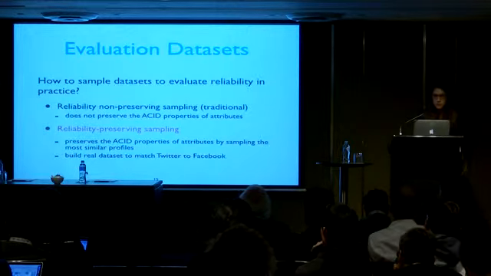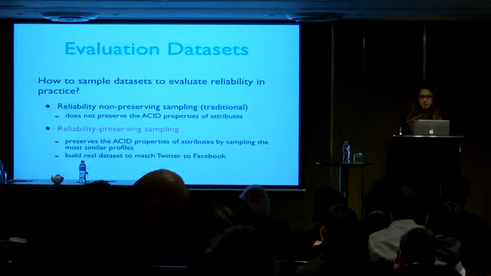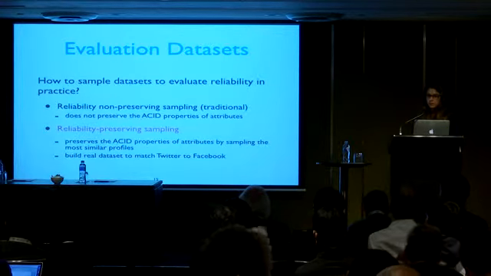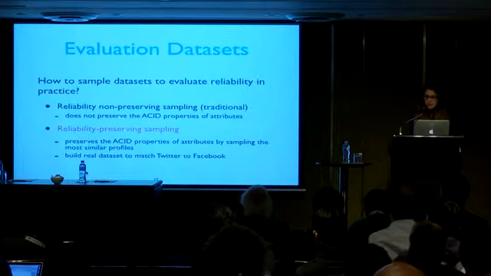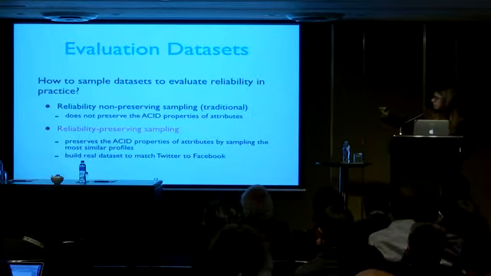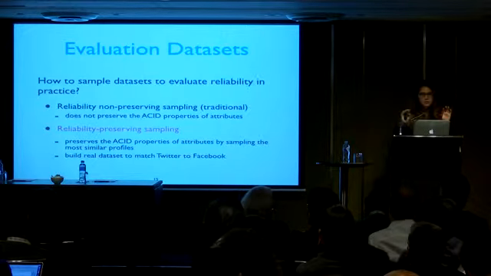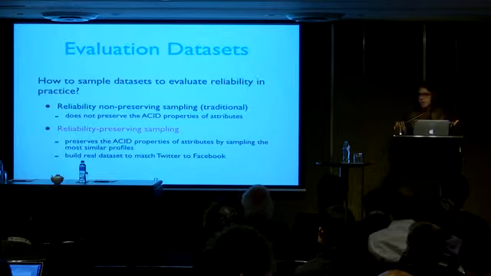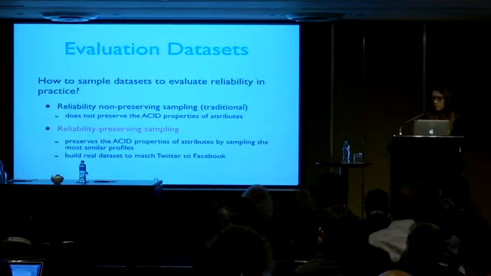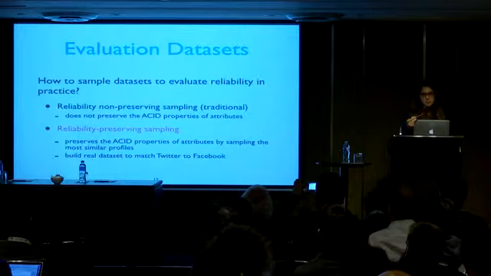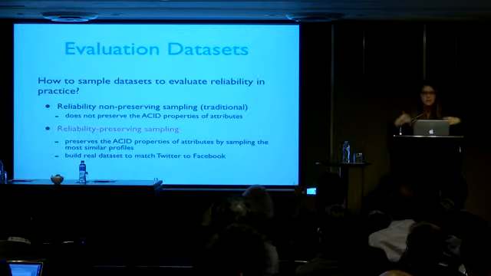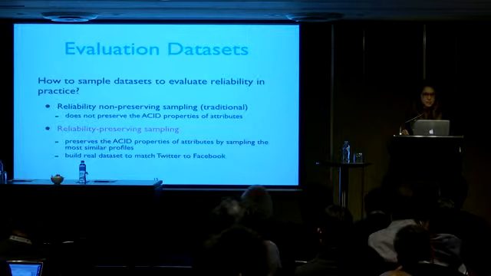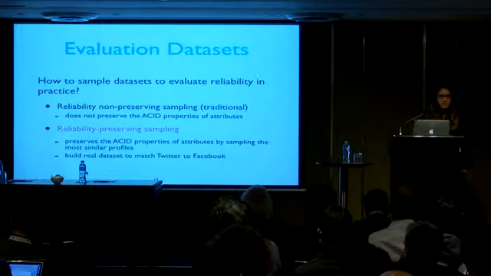Now, the nice consequence of introducing these ACID properties is that it gives us ideas of how to sample a dataset to evaluate the reliability of matching schemes. So far, people picked matching and random non-matching accounts and used them for their evaluation. And why is this not a good idea? Well, it's because this kind of sampling doesn't preserve the ACID properties that the original social network would have. And since the ACID properties influence the precision and the recall,